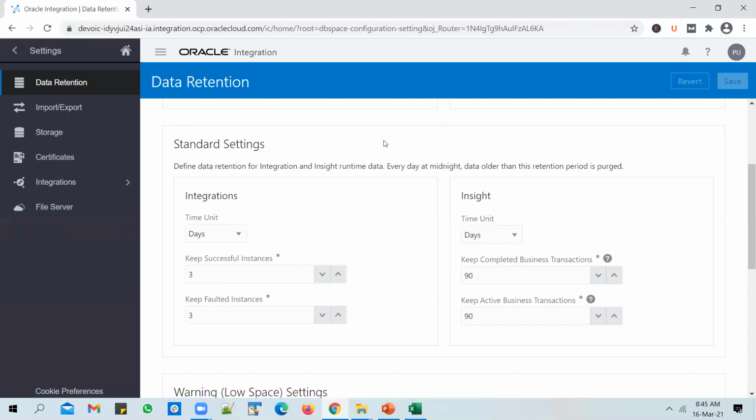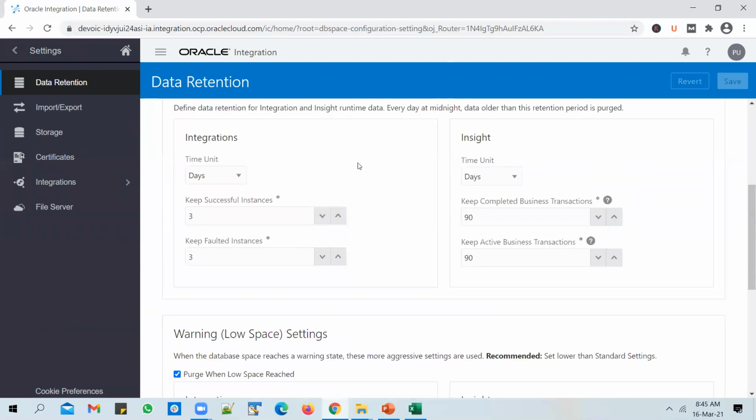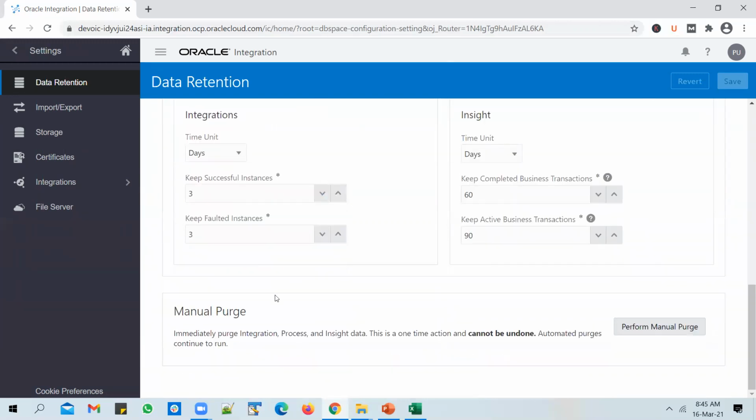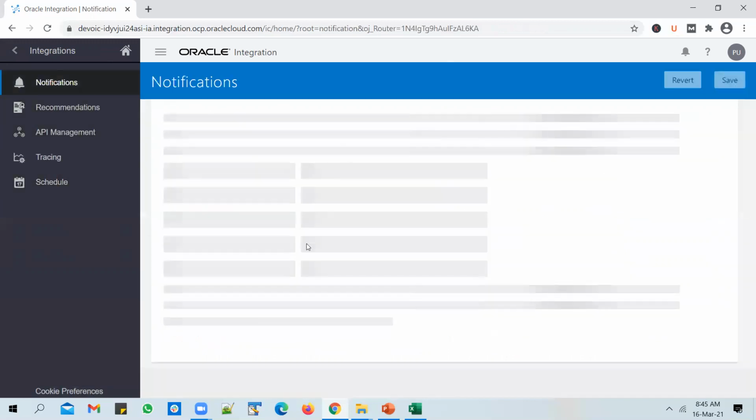So that means if you kick off an integration now, after 3 days, that integration instance will be purged from OIC, and you will no longer be able to monitor that request. So such data retention settings can be done from here. Okay, and if you go to integrations, there are a few options that you can set up at the integration level.